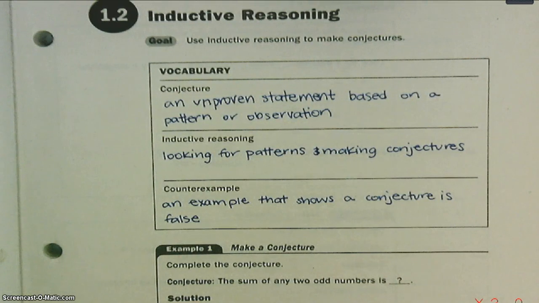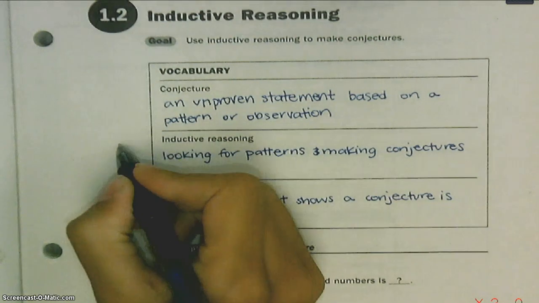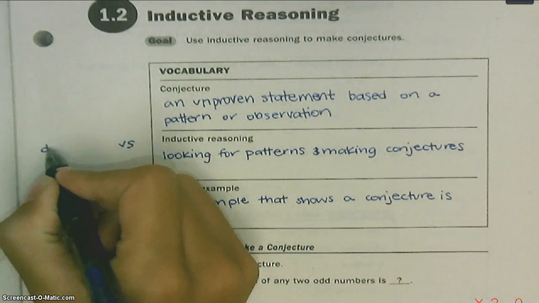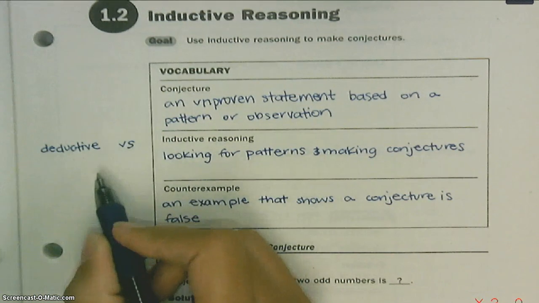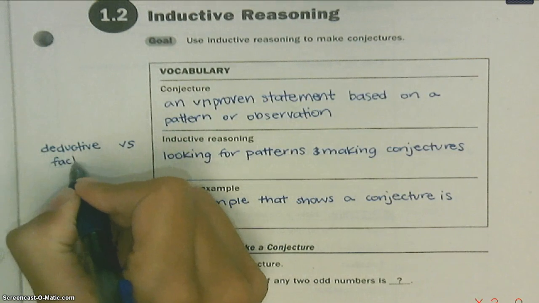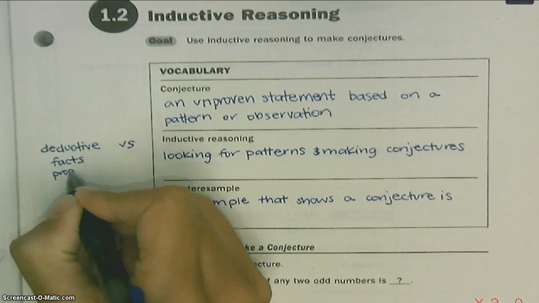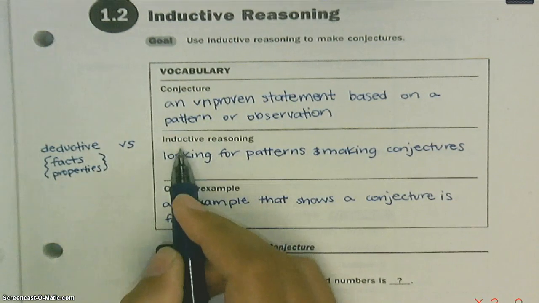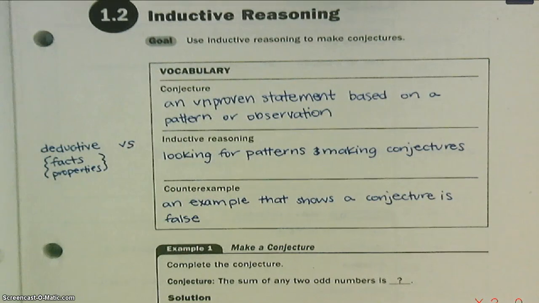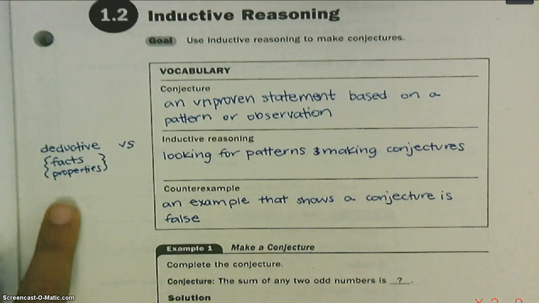The next is inductive reasoning. That's looking for patterns and making conjectures. So you're looking for a pattern and then taking an educated guess based on the pattern. You could compare this to deductive reasoning. So inductive versus deductive. This is using patterns, while this uses facts and properties. So that's the difference between inductive and deductive reasoning. And we use both in math class. Math is a lot about looking for patterns and making educated guesses, but we also spend time looking at facts